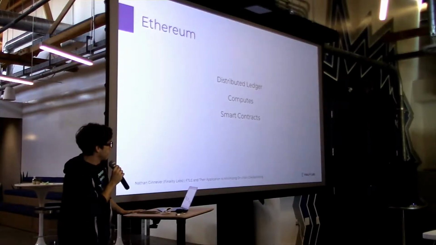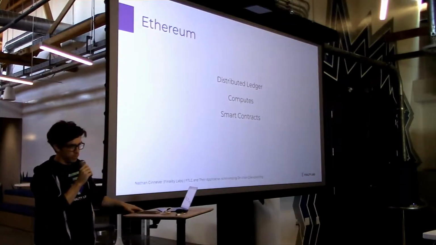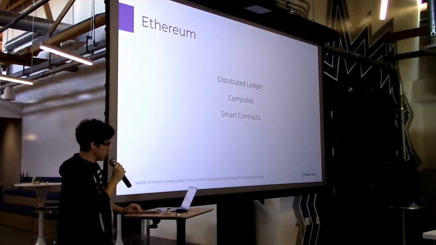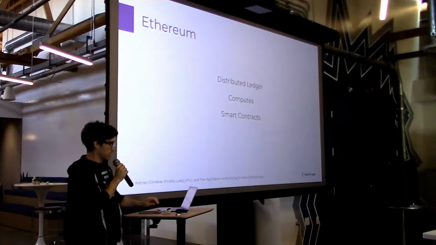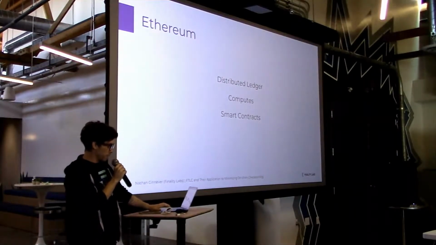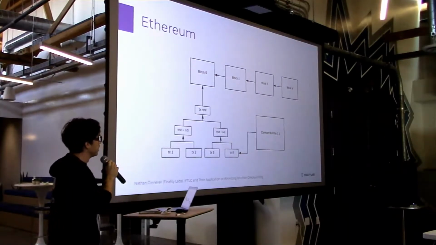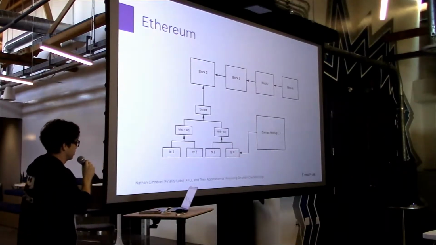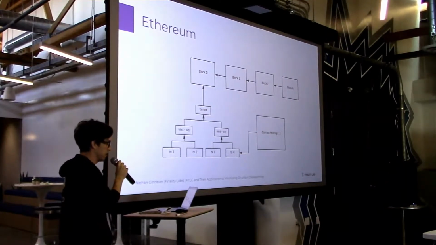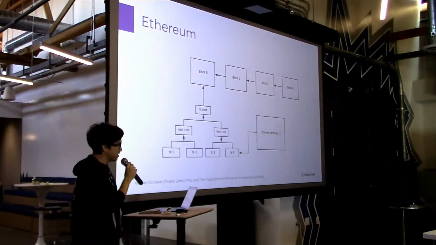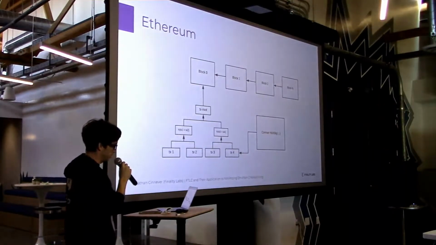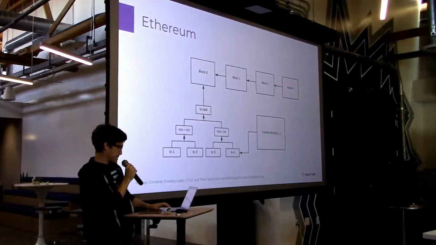So in comes Ethereum, and Ethereum is basically Bitcoin, as we all know. It does the same thing, distributed ledger, it computes, but this time it has smart contracts as opposed to that stack-based coding that we saw before. And it looks like this. It's very similar. It's just a stack of blocks with Merkle root transactions, except this time we've got a contract that's going into those transactions. And it's the same one, except this time it's a multi-sig. And for brevity, I spared you what goes in between the blocks.